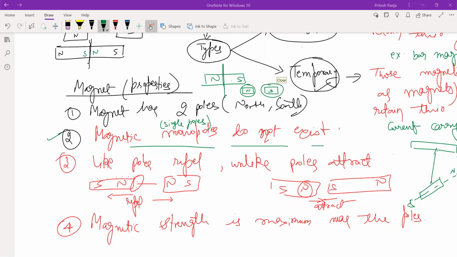Do all kinds of magnets align themselves? Every magnet, whatever is a magnet or whatever will behave as a magnet, will align itself along the north and south pole if it is left undisturbed.